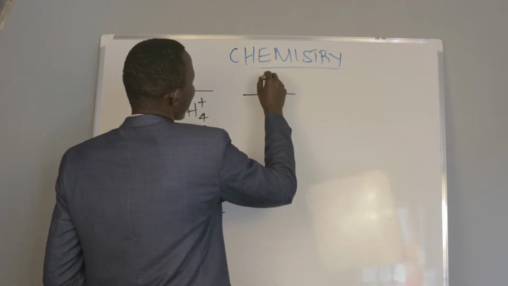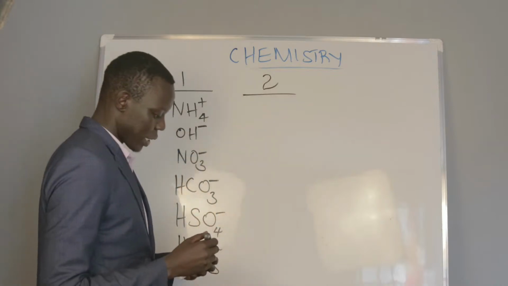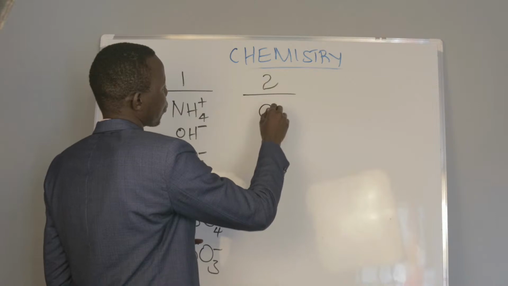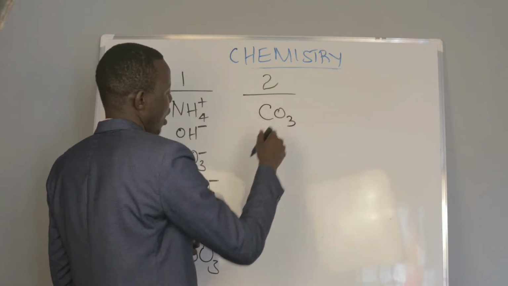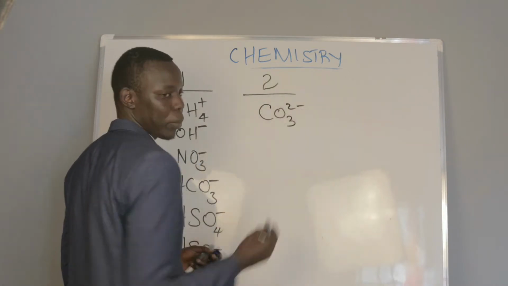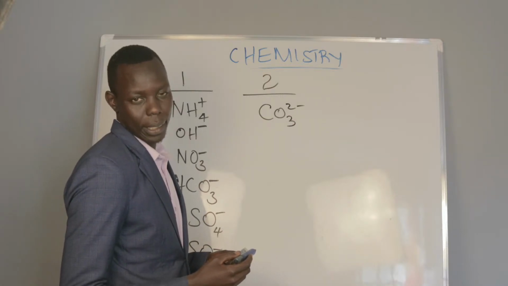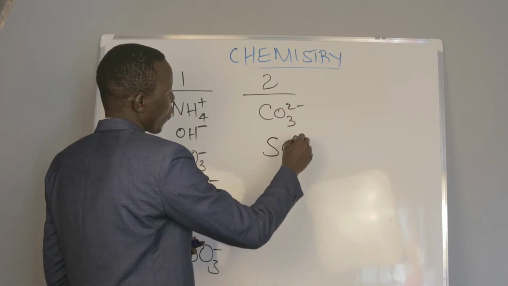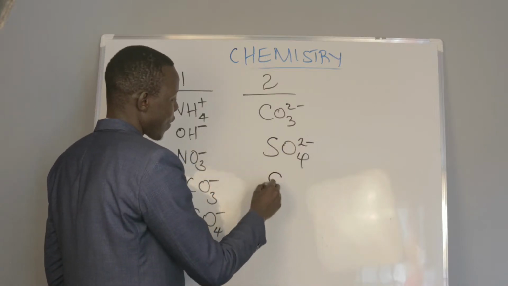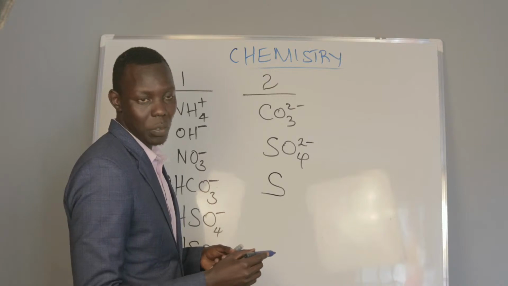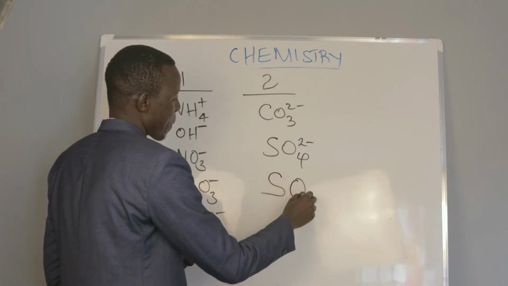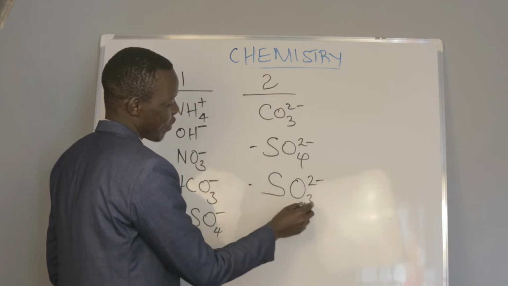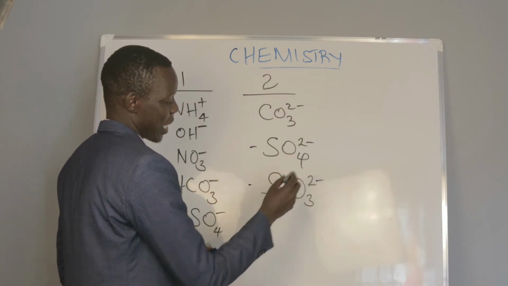Twende and you can have valency of 2. The key one here is carbonate. Okay, 2 minus. So that's carbonate. Then we have sulfate. Then we have the cousin to sulfate, which is sulfite. You see the difference in sulfate and sulfite. The difference is the number of oxygen atoms. See, equal 4, equal 3.